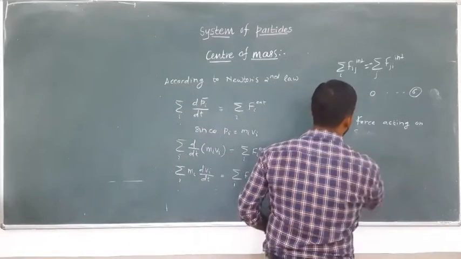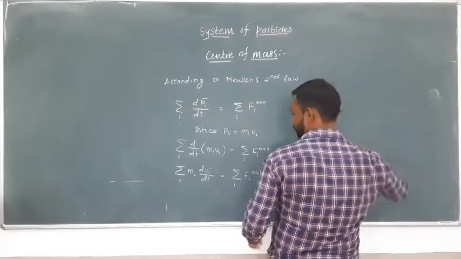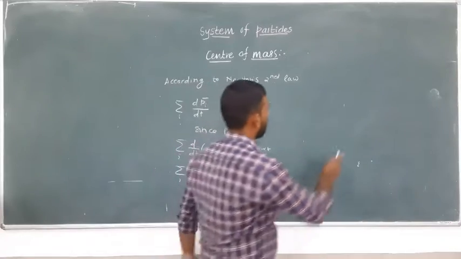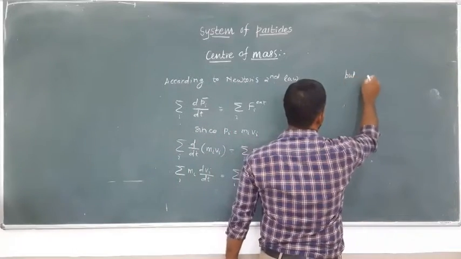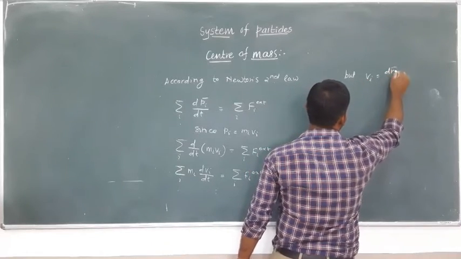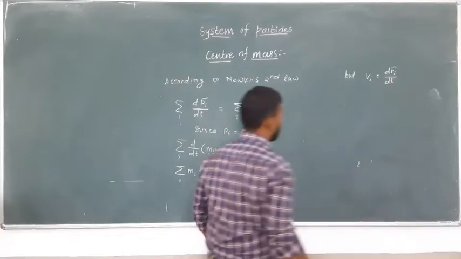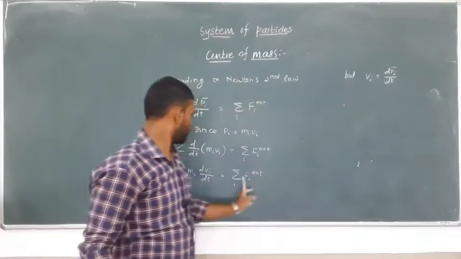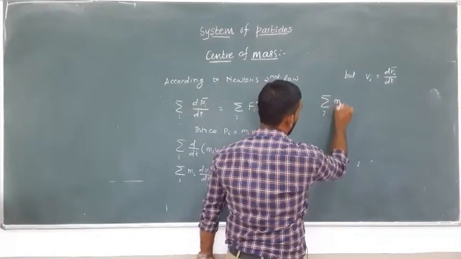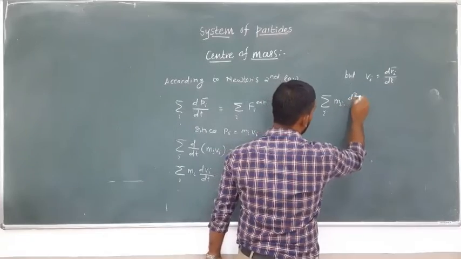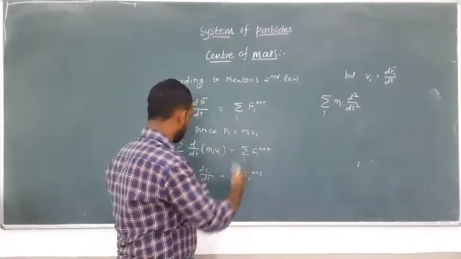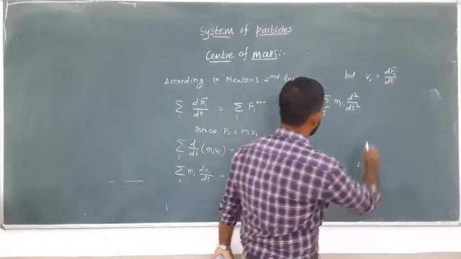So again we know how to write this velocity in terms of position. Yes, velocity is the rate of change of displacement, but v_i is dr_i by dt. So if I replace this velocity in terms of the position vector, I'll write this equation as m_i d2 by dt square, so this derivative and this derivative, so two times the derivative of this position vector,